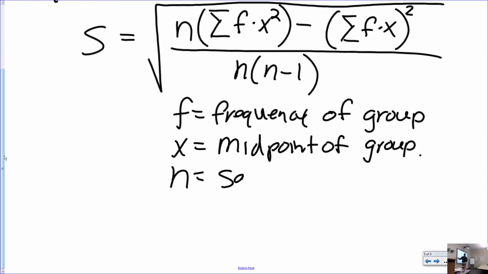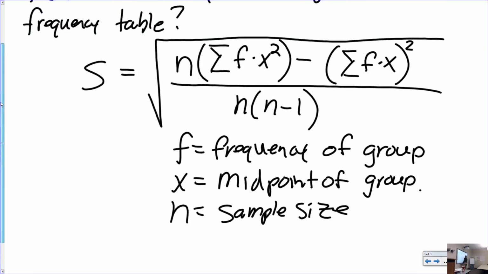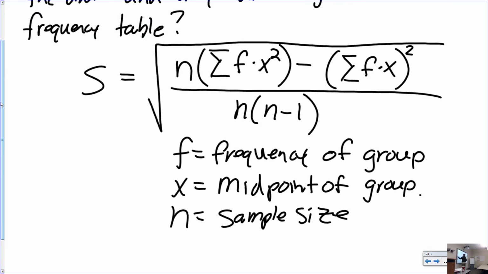Or not the number of rows, but the sample size. N is always sample size. And this other side of the equation, this other parenthesis with the summation, basically just says take the sum of all of the frequencies times the midpoints. Add all of those up, and when you're done adding them all up,